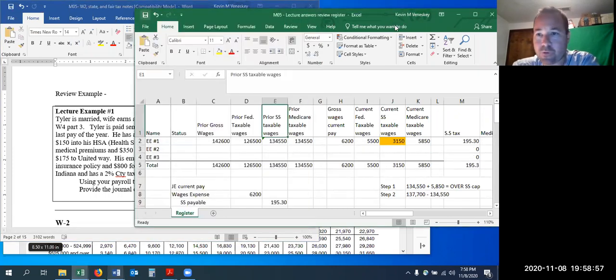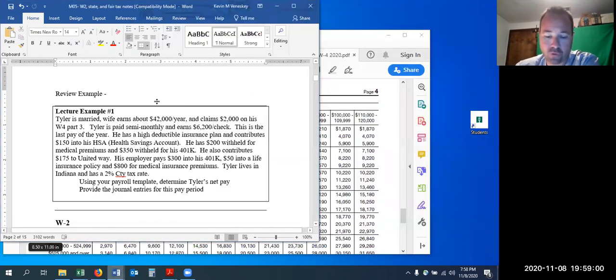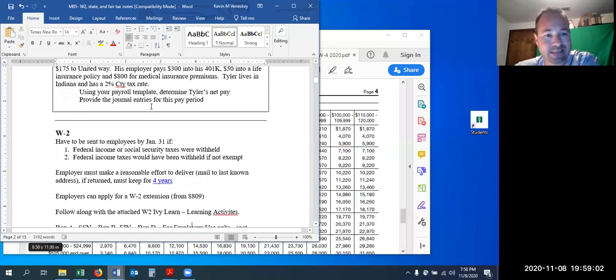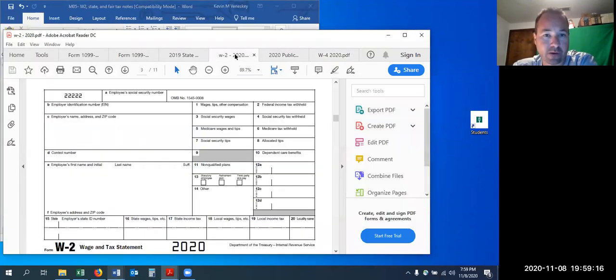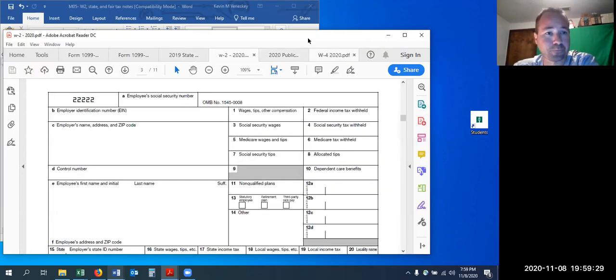We are ready to jump into the new stuff. And the first thing we're going to look at is the W-2. Everybody's familiar with the W-2, but let's make sure we have all of the aspects down on what's required and what's not to fill in on a W-2. I'm going to have this going as we go through, but you may want to pull this up. I have all these forms that we're going to go through in the learning activities. You may just want to pause and bring them all up all at once, just like how I have them all up here as well.